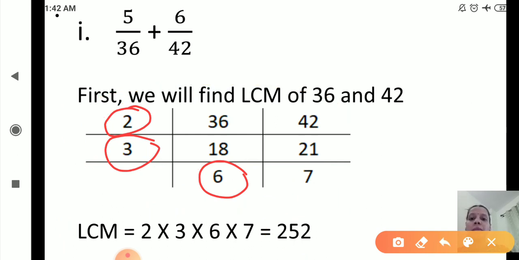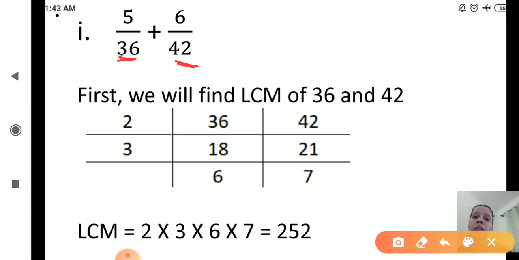Once again we will see these steps. Okay, so as in the question it is given 5 upon 36 plus 6 upon 42. Denominators are not same. What is the denominator for the first number? 36. What is the denominator for the second number? 42. So to do addition, first we will make the denominators equal. Yes, I had told there are two methods, cross multiplication or to find out LCM. As here we can see the numbers are bigger, so better you do it by LCM method. If we are doing cross multiplication, still it is correct.